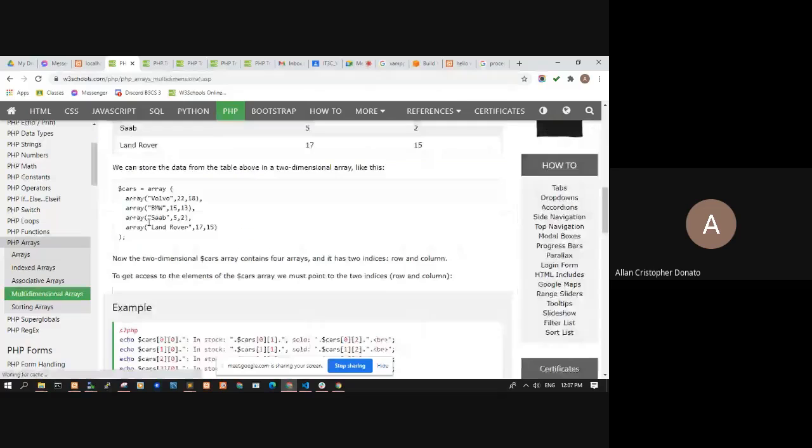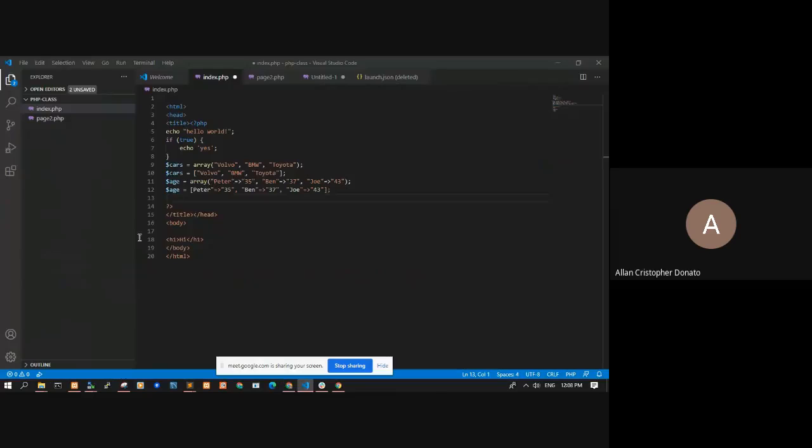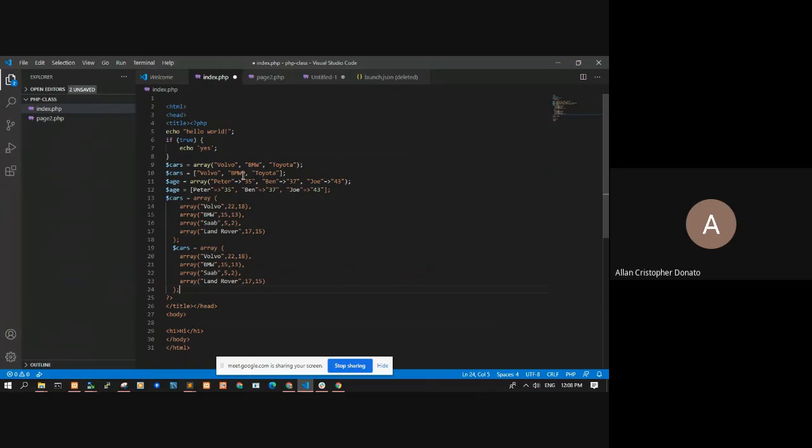You can create multidimensional arrays like this. Or you can also create multidimensional arrays like this. So in a simpler form, it can just be like this.